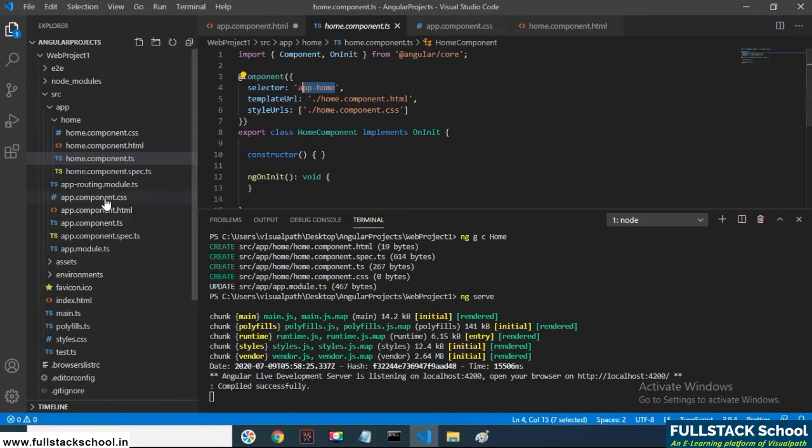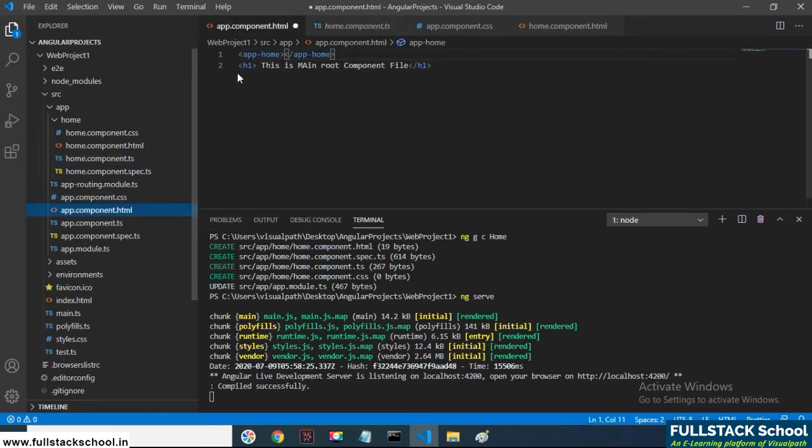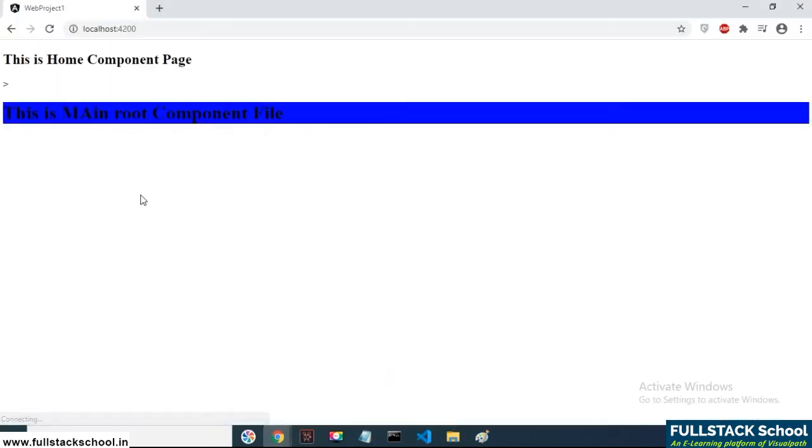Once you give such a tag called app-home in app.component.html, automatically the changes will be added to the file. In this way, such changes will be taken in the browser.